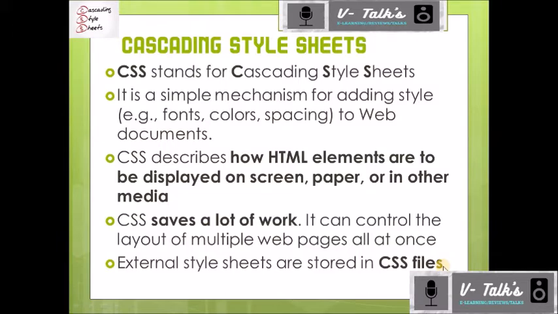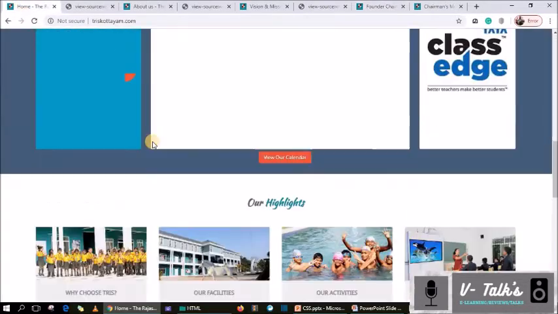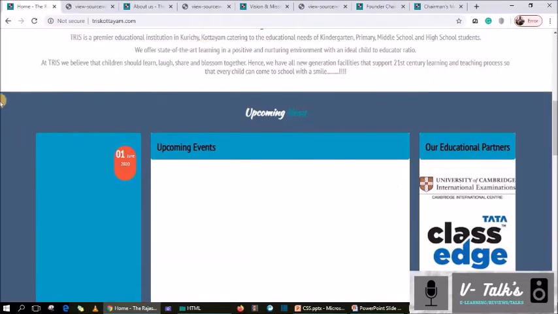Here I'll just show you an example of our school website. If you take our school website, all the styles or fonts, whatever things we are using for a common website, they will keep a special kind of style in every page of that particular website, like a special font in every web page, or a special color for the font or a special style for the font. Special font size, all these things we will keep. It's a formatting, okay, for all the common pages of a particular organization.